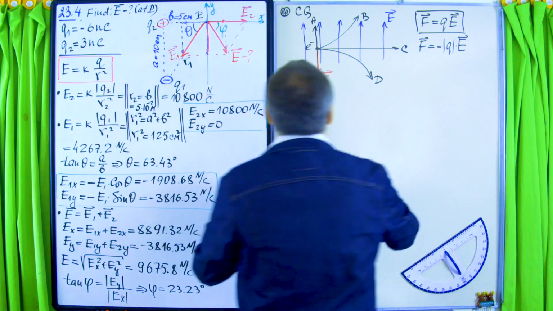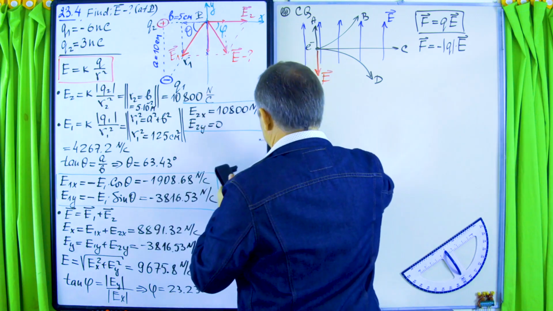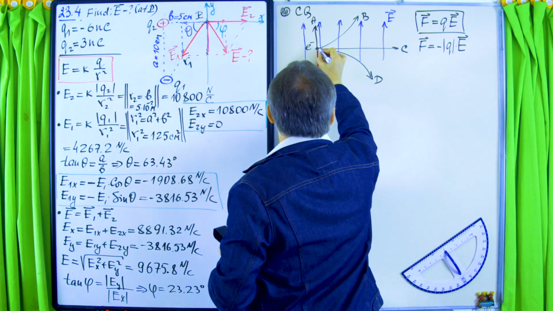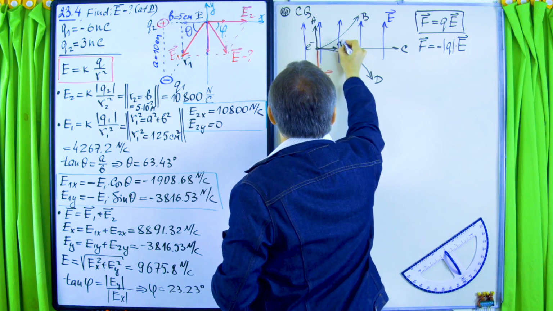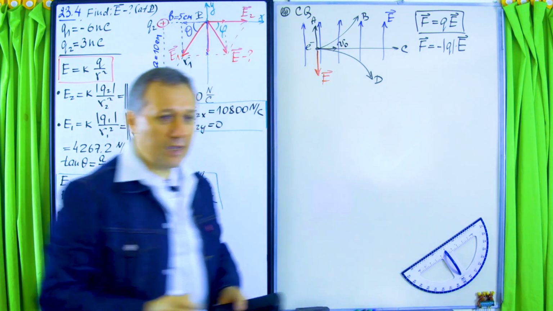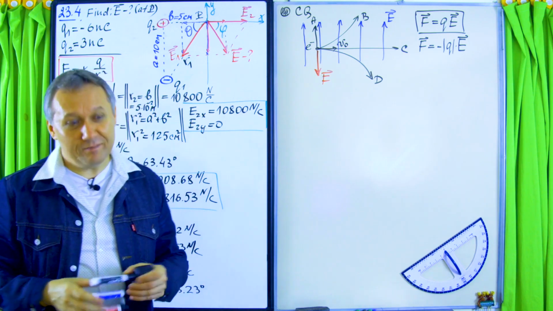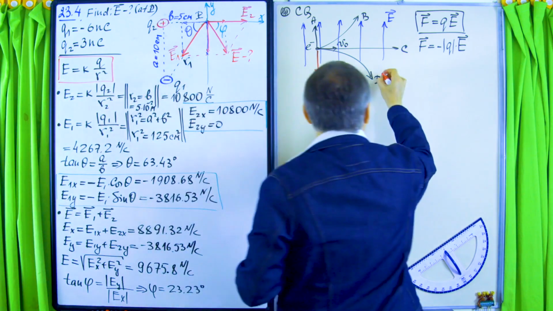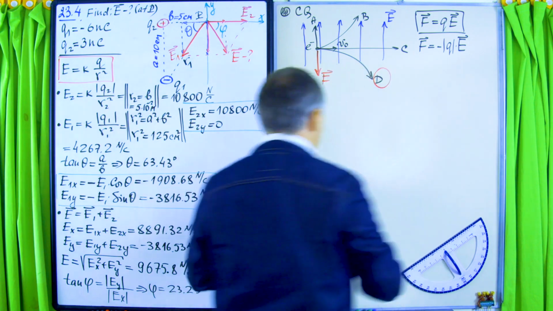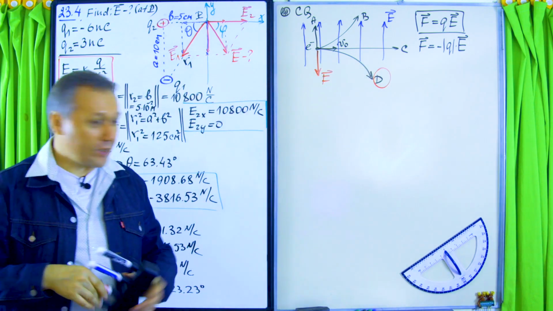Okay, let me show the information about the velocity. So it flies with velocity v naught. Enters this field with velocity v naught. So D is the only possible trajectory in this situation, right? Okay, now